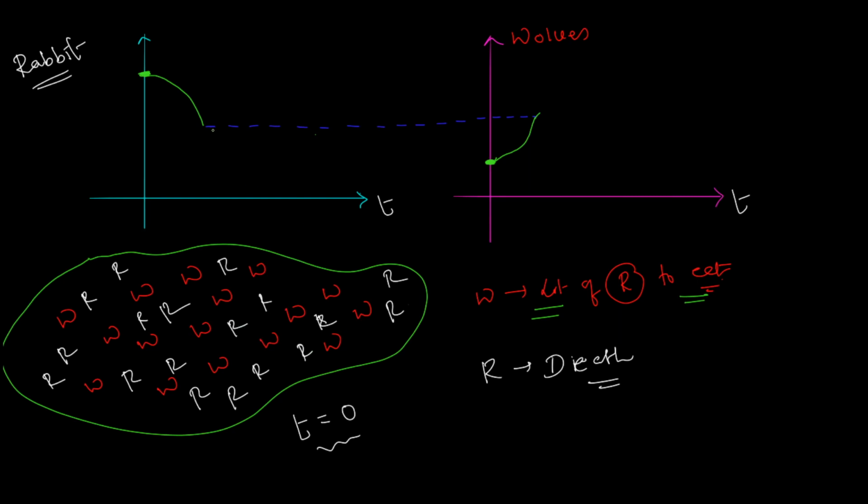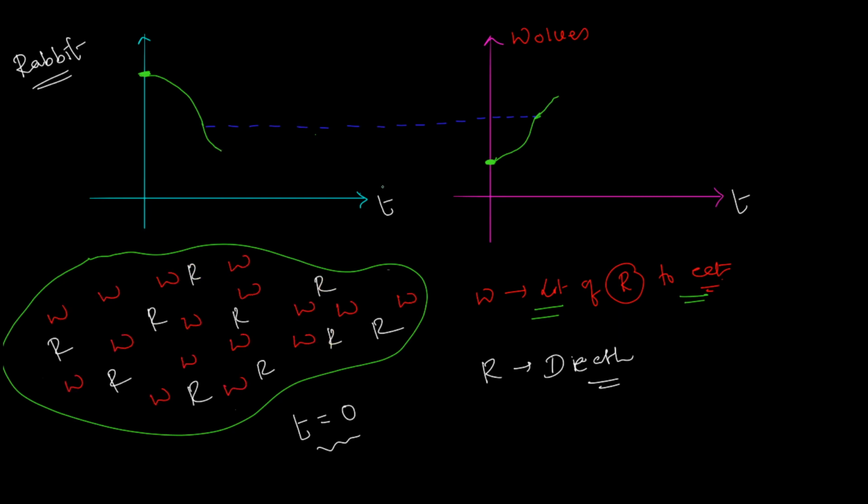So if you notice the little blue line here, you will notice that the rabbits and wolves population is almost matching up. This might go on for a little while also. In fact, at one point in time, the rabbits population will go down further, and the wolves population might at the same time increase, and maybe you will have come across a situation wherein the rabbits are actually less than the wolves.